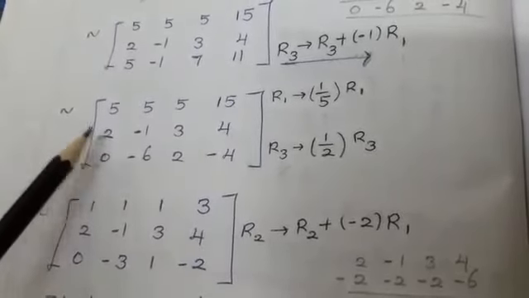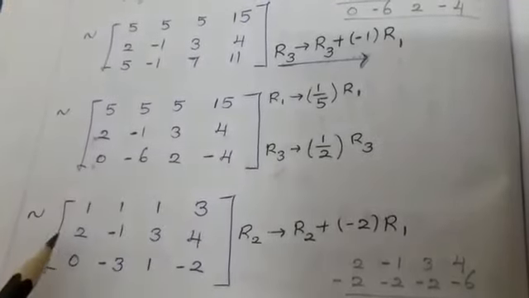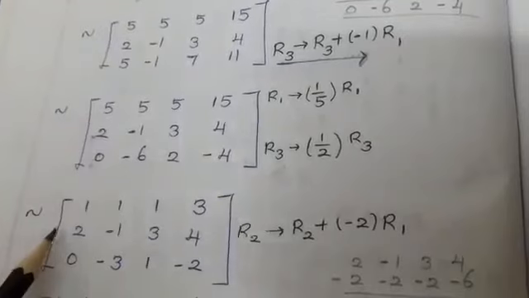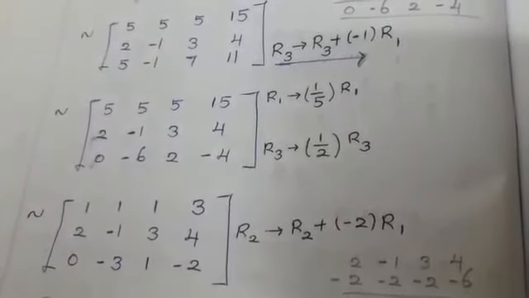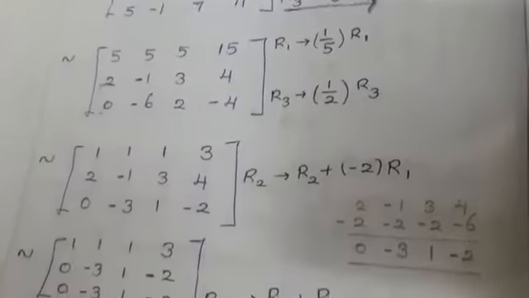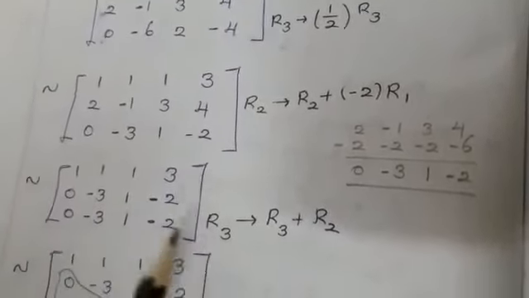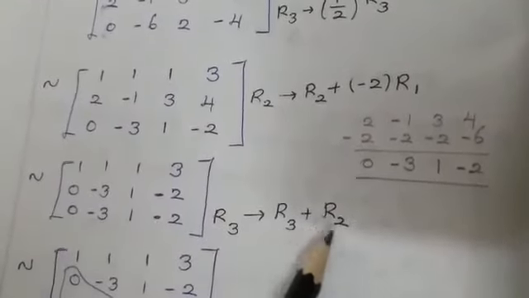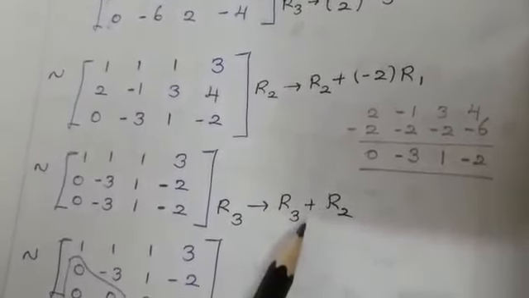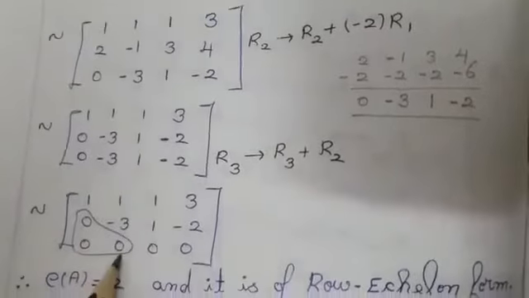Coming to 2, do the calculation and similarly apply the method I told you for the row reduction method. You will get the answer as 0. The next target is minus 3. Minus 3, do the calculation. What is the step I have done here? R3 plus R2. You can do it in any way but apply only the 3 steps I told you. I am getting the answer as 0.